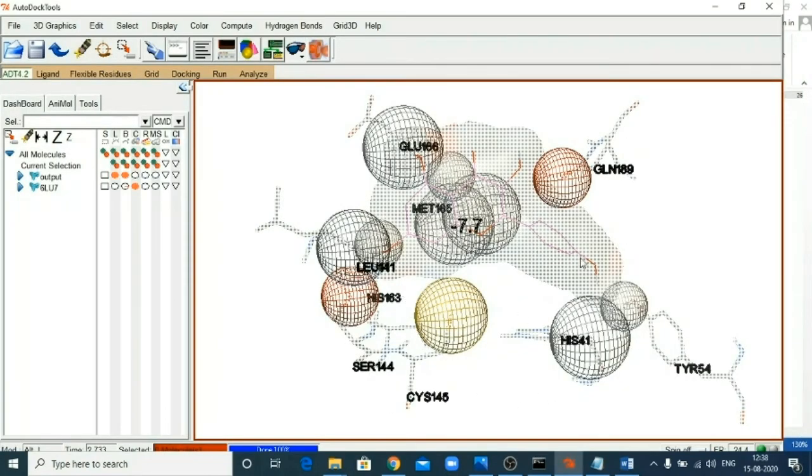So these are a total of 9 amino acid residues that are interacting with our ligand molecule.